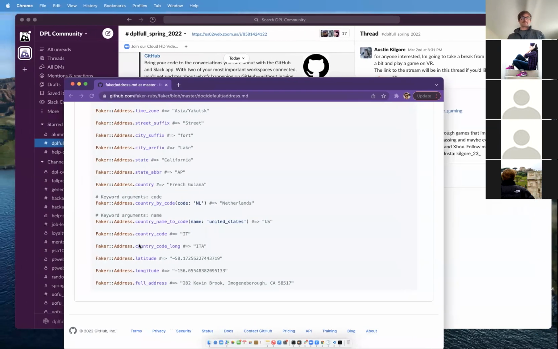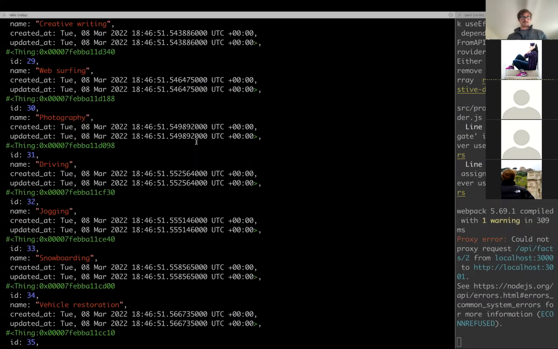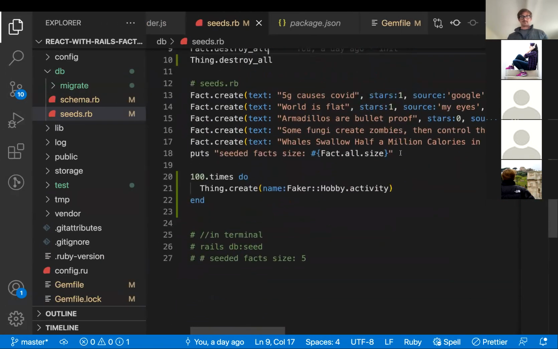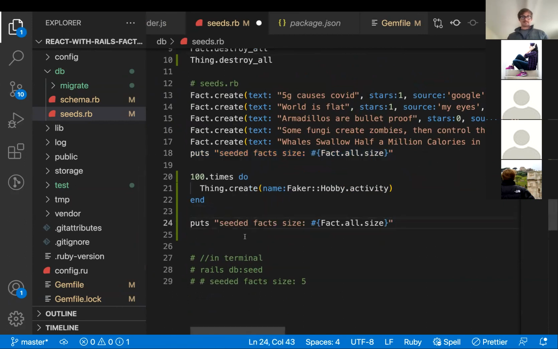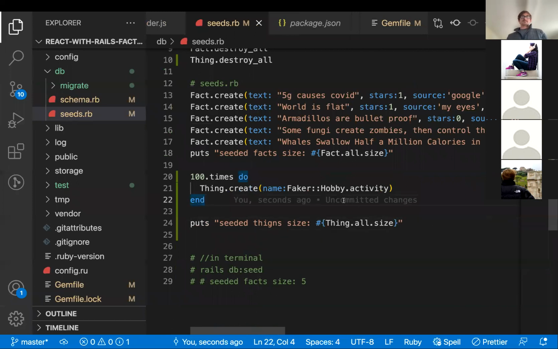I could probably go in my database. It said the size was 5, but that looks like a lot more than 5. That is for my... Oh yeah, okay. So yeah, I could do Thing.all.size. So maybe I do want to do a validation. So what I could maybe do,